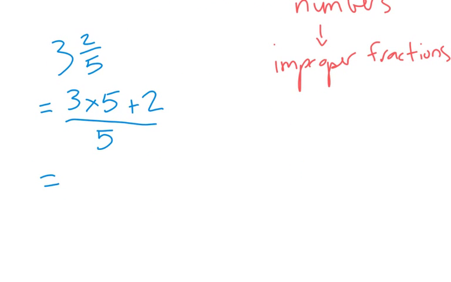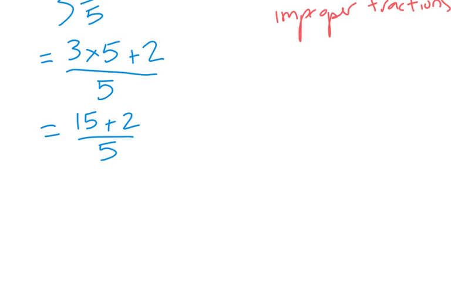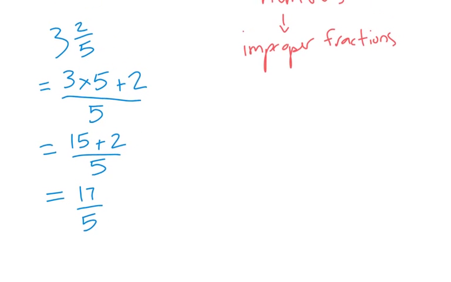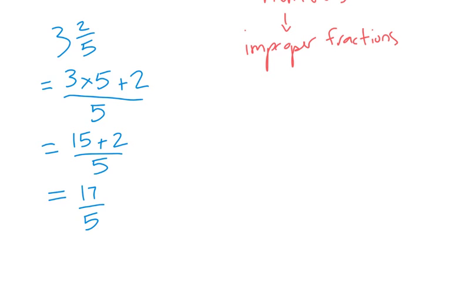So you want to do your multiplication first. 3 times 5 is 15. 15 plus 2 over 5. I'm just showing you all the steps. Afterwards, you're going to do your addition. 15 plus 2 is 17, and the 5 stays the same. So what we've done there is we've just converted our mixed number of 3 and 2 over 5 into 17